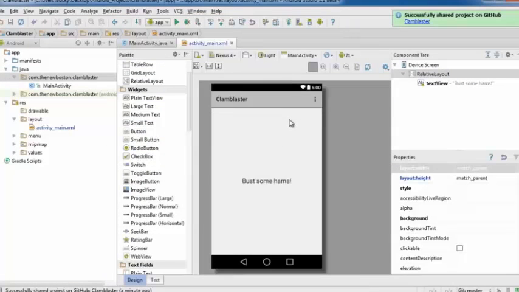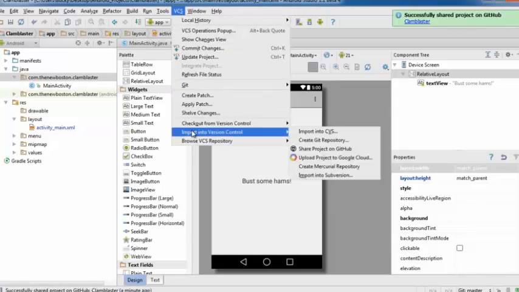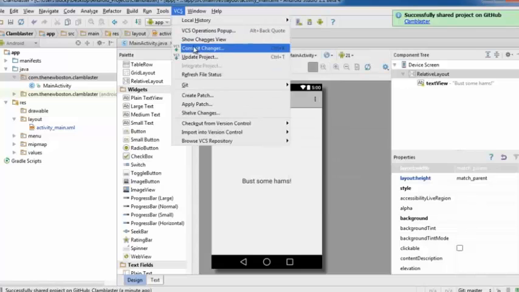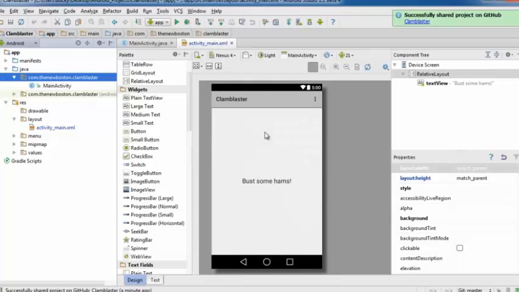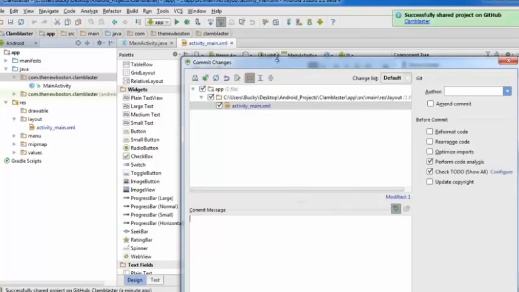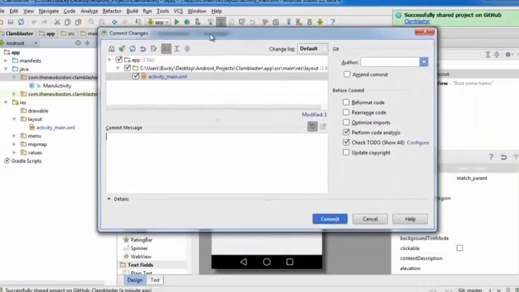And that is actually really simple. The only thing that we have to do is this. Now you can go to VCS and choose commit changes, or if you notice, whenever you create a repository, it gives you these nice little shortcut icons. So this button right here is the commit button. So if we hit that, and if I resize this,